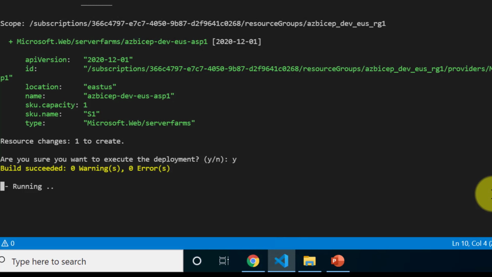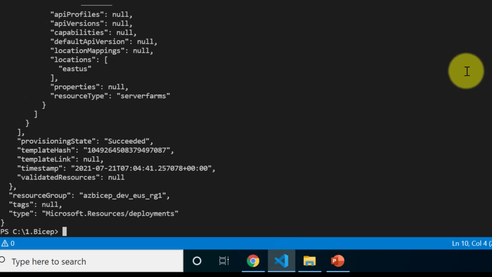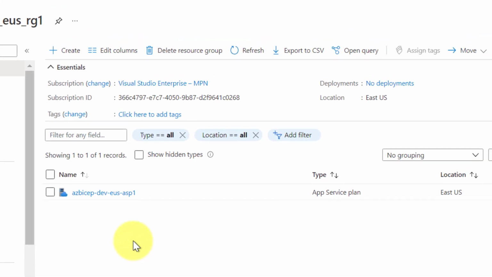Let me fast forward. Alright, it's done now. It took around 30 seconds. Let me head over to the portal now. I can see the app service plan created in our resource group. Okay. Now let's go back to Visual Studio Code